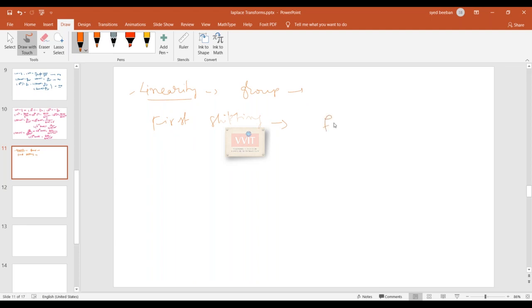whenever the given function f of t is multiplied with e power at, instead of applying integration, we first calculate f of s, and later it is f of s minus a. Or if it is e power minus at into f of t, the Laplace transform is f of s plus a. These two aspects, the linearity property and the first shifting property, were covered in the last session. So now coming to today's session,